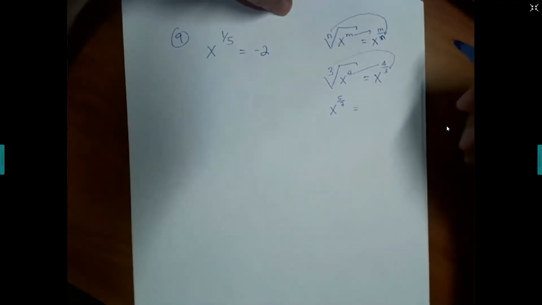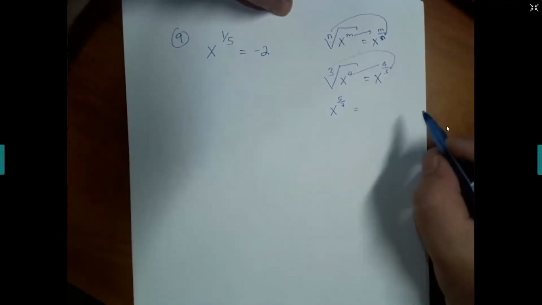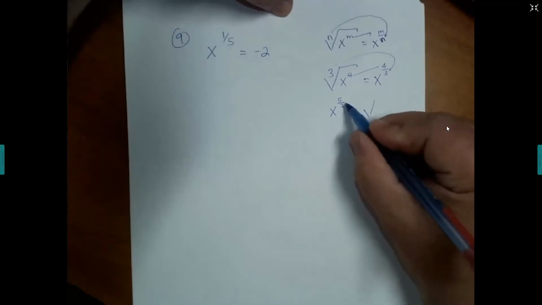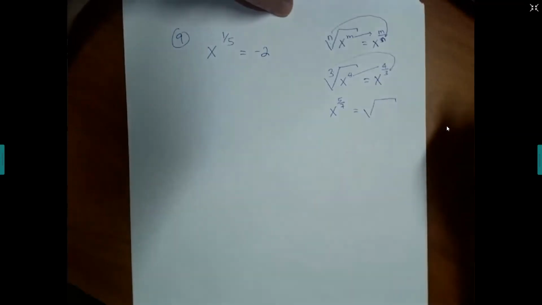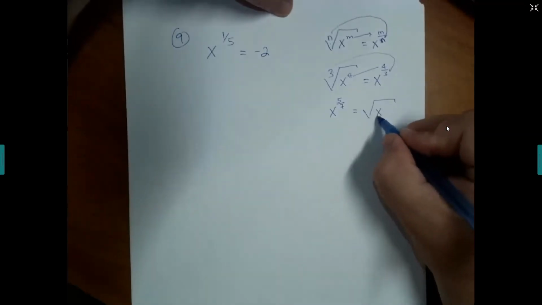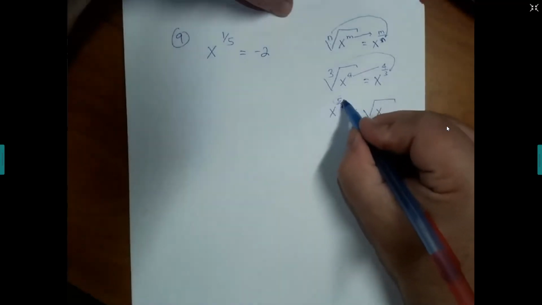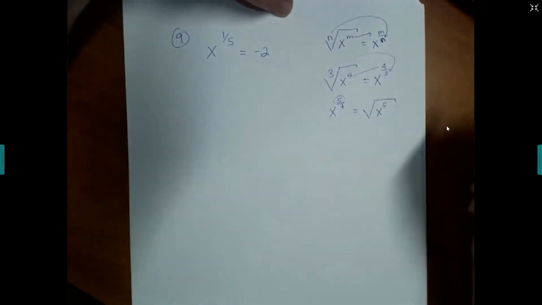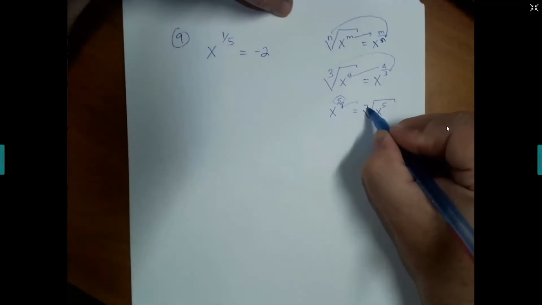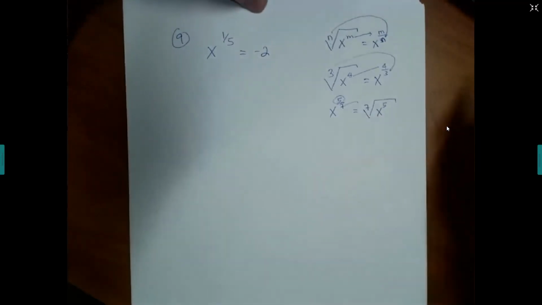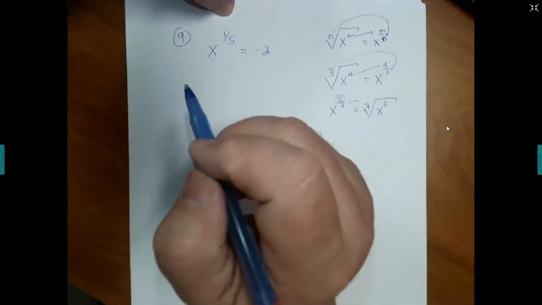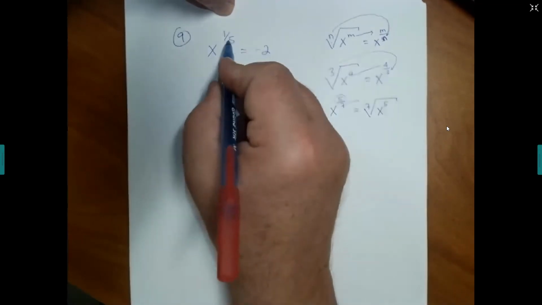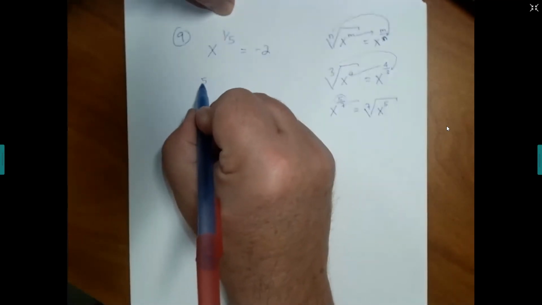X to the power 5/7. Because it's a fraction, I know it's a radical. X goes inside there. Whatever's on top goes inside, whatever's on the bottom, there. So in our case, this is the same thing as